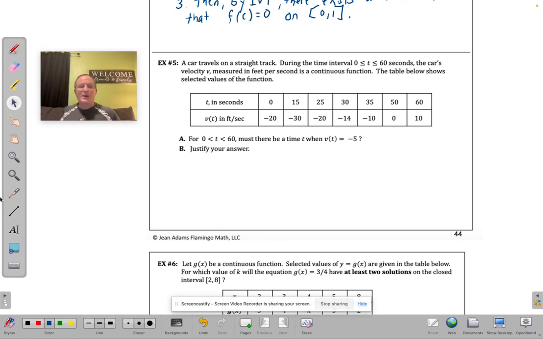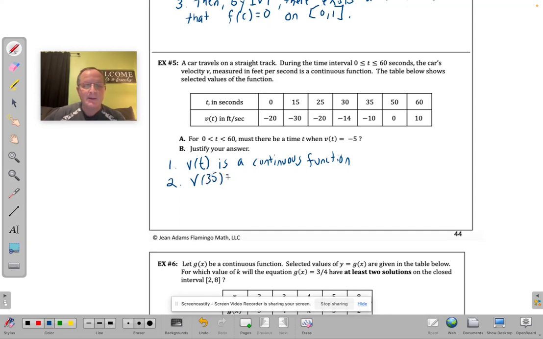Again, I think I'll write it. Okay, so number one, we're told that v of t is a continuous function everywhere. So that's good. And then number two, we know that v of 35 is equal to -10,